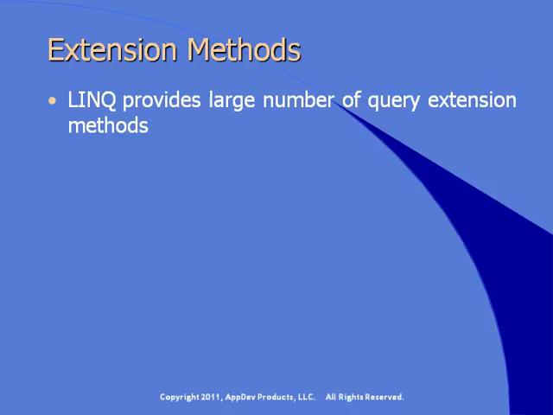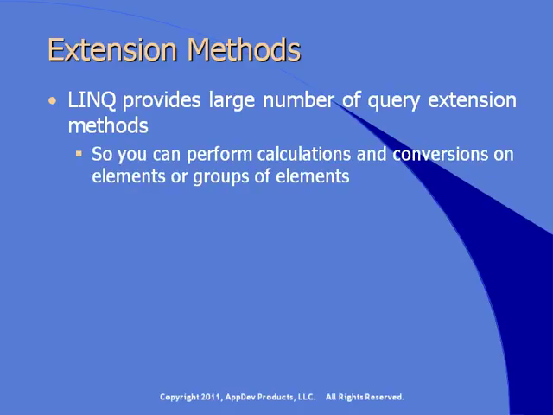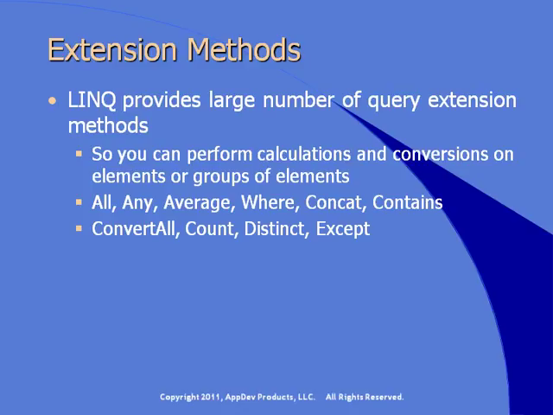LINQ provides a large number of query extension methods, and hopefully you've studied some of those. You can perform calculations and conversions on elements or groups of elements using these methods. You'll find methods like all, any, average, where, concat, contains. We've covered those elsewhere in this course. There's convert all, count, distinct, except, we've seen some of those, order by, then by, and select. And there are many more methods provided by the